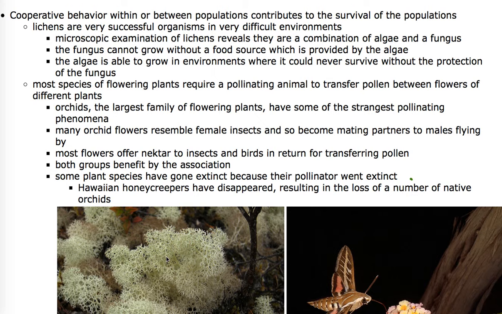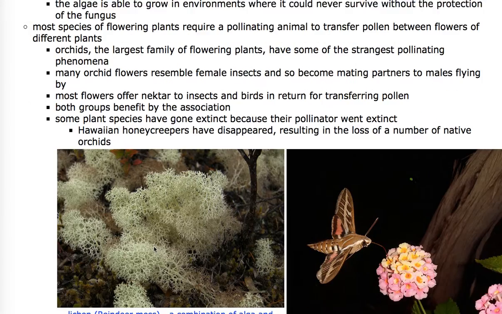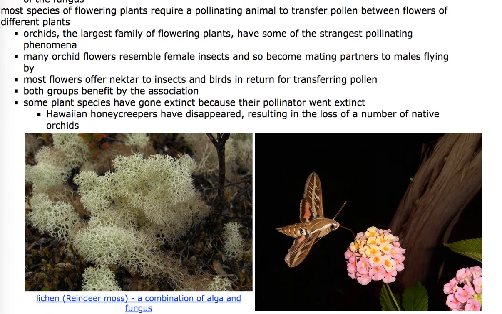And the fungus can grow because the algae feeds it, because the algae can photosynthesize, but the algae can grow in places that it would never be able to grow without the fungus, which is the tops of mountains and the sides of hills, where most algae have to be in the pond. So the algae and the fungus help each other. Turns out the fungus cannot live without the algae, but the algae can live without the fungus. That's been determined. There is also extreme symbiosis in a number of plant and insect species where